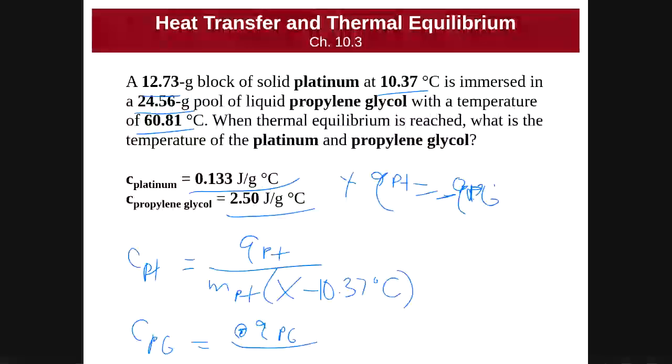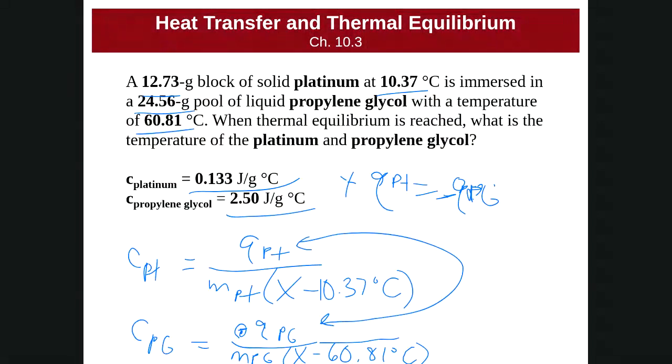And then it's divided by the mass of propylene glycol times, again, X minus our initial temperature, 60.81 degrees Celsius. All right, but because these two are equal and opposite, I'm going to be able to write my whole equation as